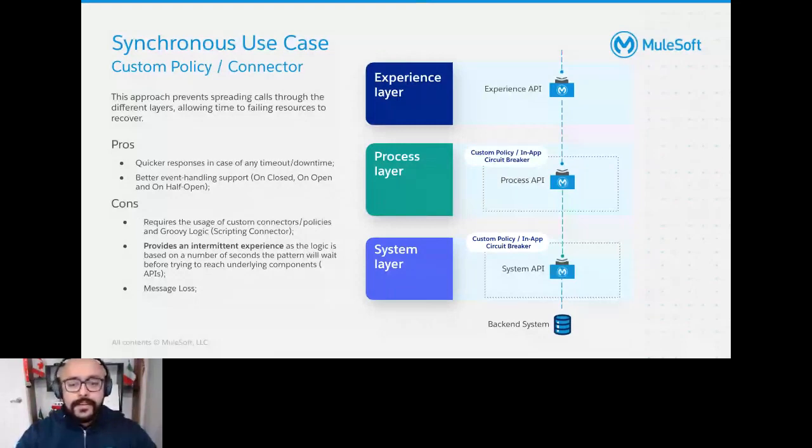Okay. The good thing about that is you're going to have a quicker response. For example, if the backend system is down, you don't have to wait for the timeout. The following requests do not need to wait for the timeout in order to receive an error message, right? It's going to be faster for everybody, and of course it's going to reduce the stress on the backend system and those downstream APIs, right? It's easier as well to handle